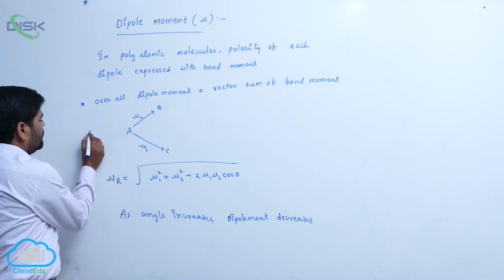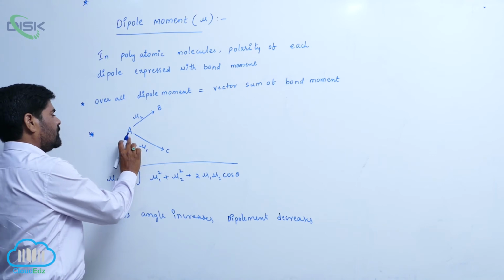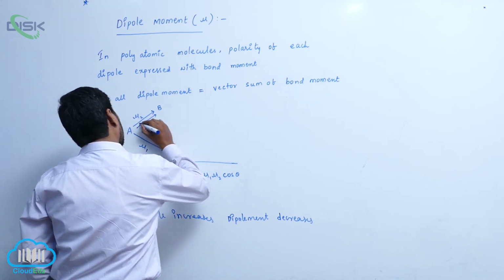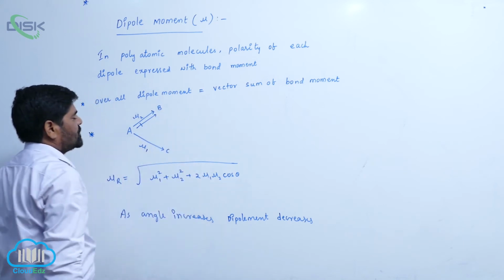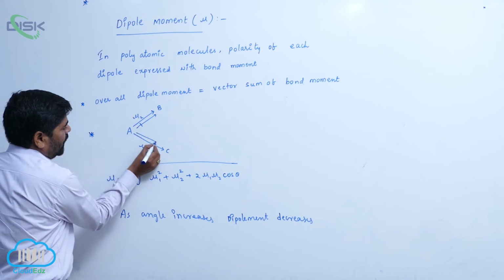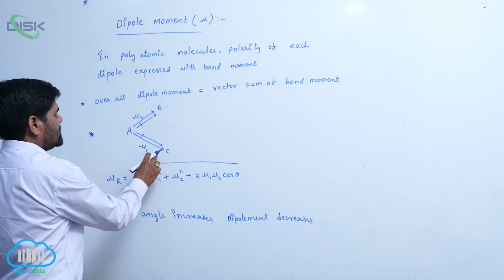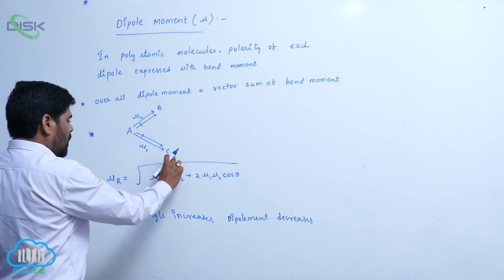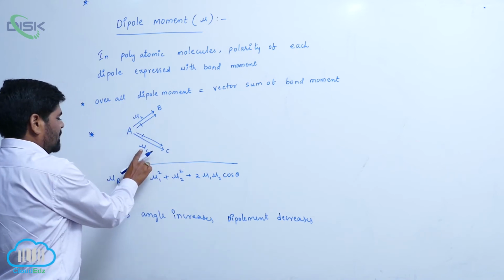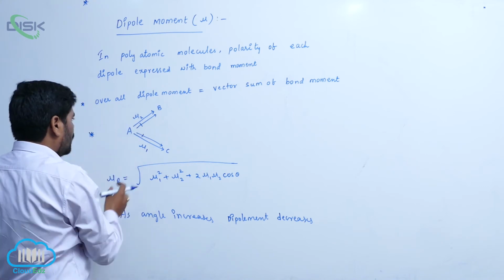For example, A is the central atom. So it is attracted towards this particular direction. Then C is also more electronegative, so it is also attracted like this. Due to this, some dipole moment is generated. Here also some dipole moment is generated. You assume that this is mu1, and this is mu2. So the angle